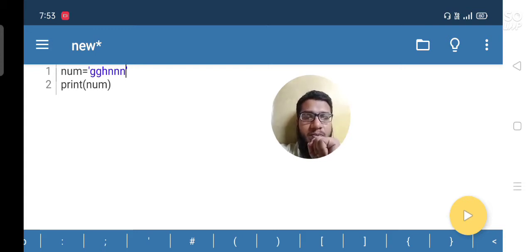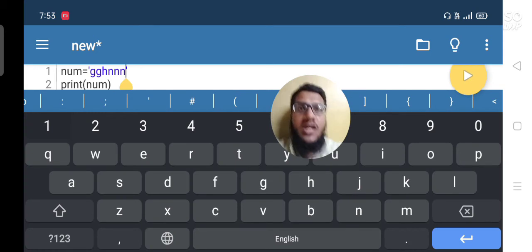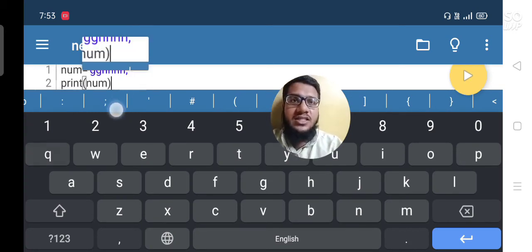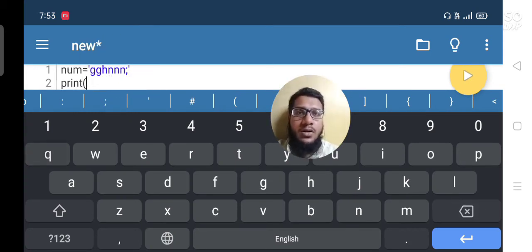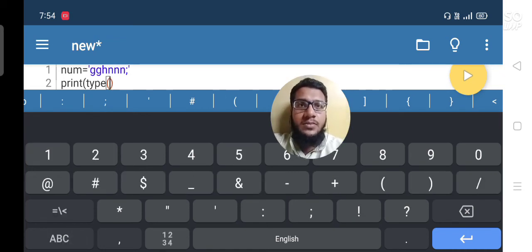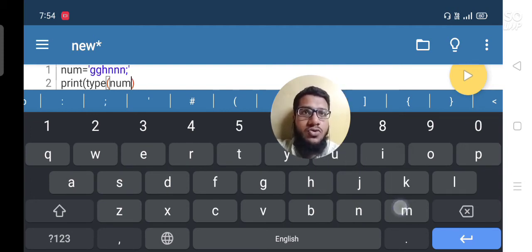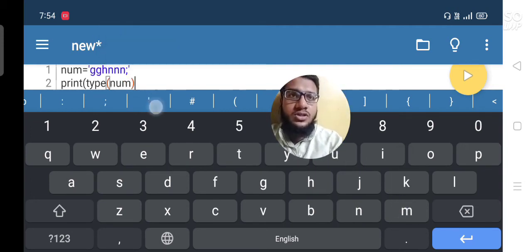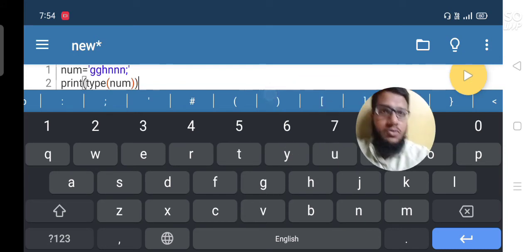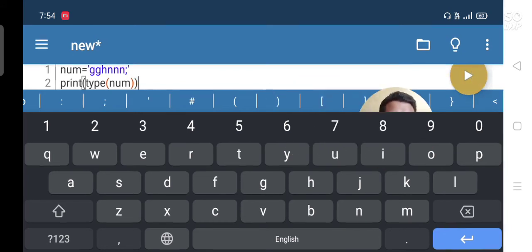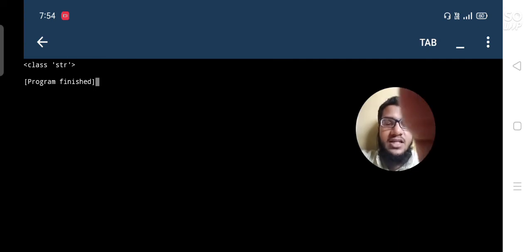If you want to know the type of the data inside a variable, you have to use the type function: type, then bracket open, then the name of the variable whose data type you want to know, and then close the bracket. Run the program, and you can see class str. This means that it is a string. Str stands for string type of variable.